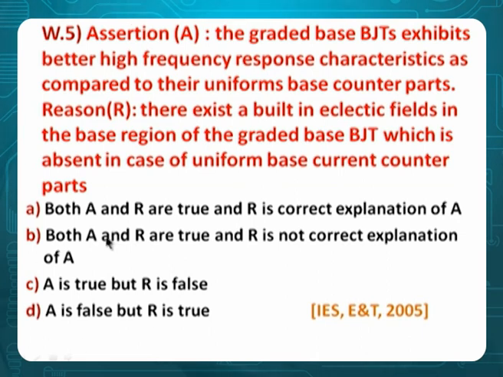And this ABCD we don't need to see, because in assertion and reason questions we always know what the options mean. Both are true and R is the reason for A; both are true and R is not the reason for A; A is true, R is false; A is false, R is true. Simple. So only the question is changing, not the options. That's why somebody asked me, sir, if both are false, what happens? I said there would be no question like this. So when you look at this, our option is basically A,